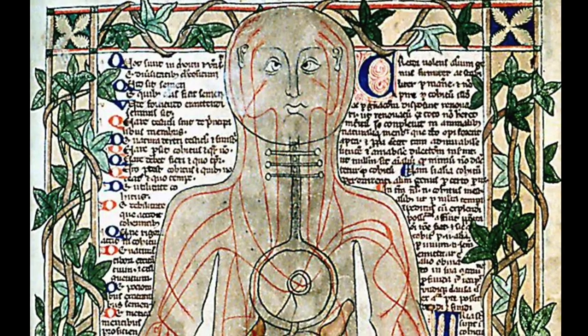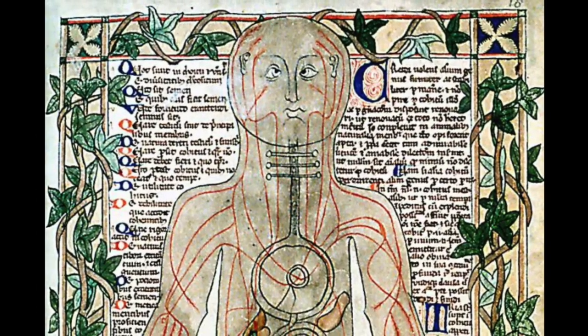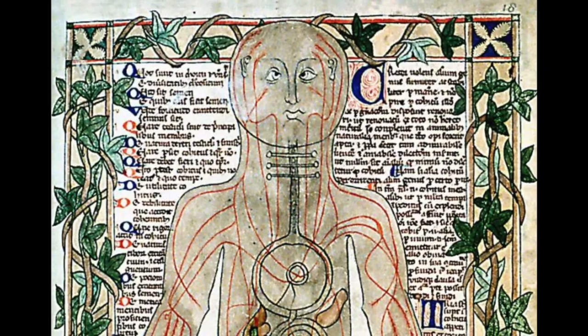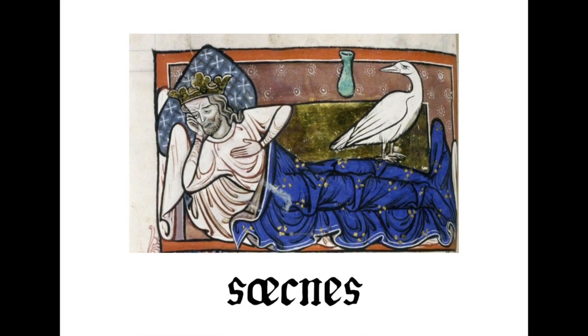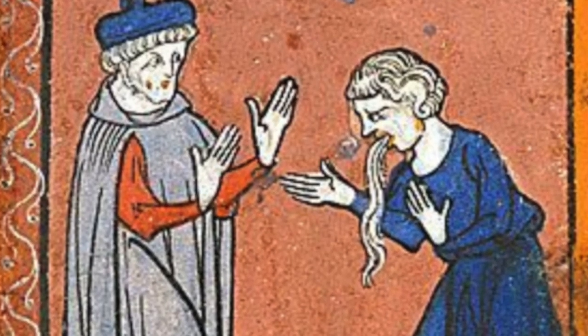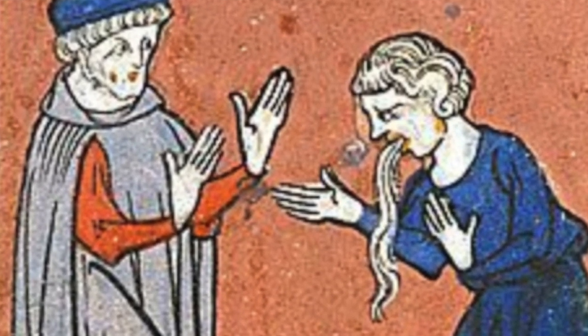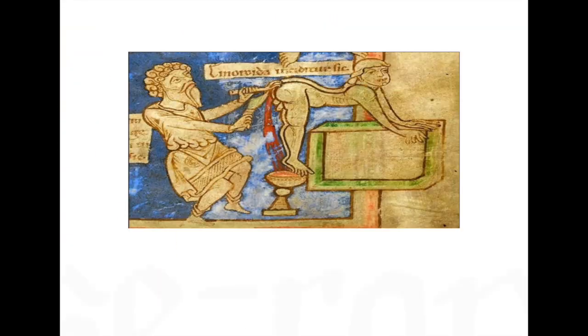Anglo-Saxon medical terminology has largely vanished from modern usage, although here and there we do get glimpses of our Germanic past. The Old English word for healer was liche, which becomes leech. Sickness meant sickness, and unheile meant ill, which survived without the prefix to mean healthy, as in hale and hearty. Some of the more amusing terms, now sadly lost to history, are flesh strings for muscles and arse ropes for